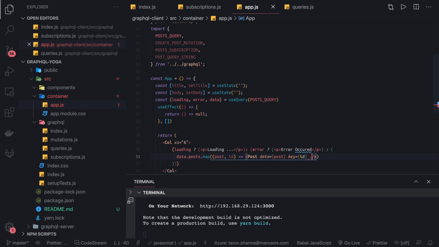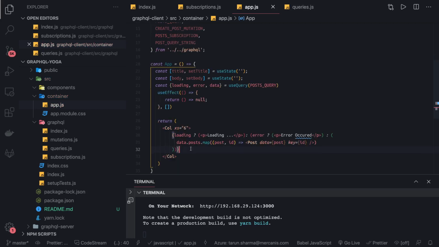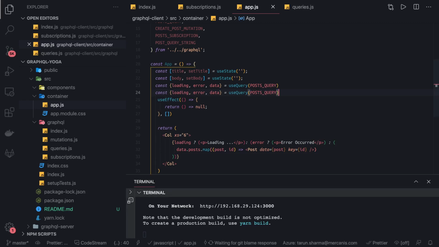That's it, right? So this is just one part of the whole application where we are triggering the useQuery. Similarly, we can also do the useMutation. This is another thing we are doing, right? The listing of the posts, and once the form is filled, we are actually triggering the mutation that will send this request to the GraphQL mutation and say, okay, the new record you have to create.